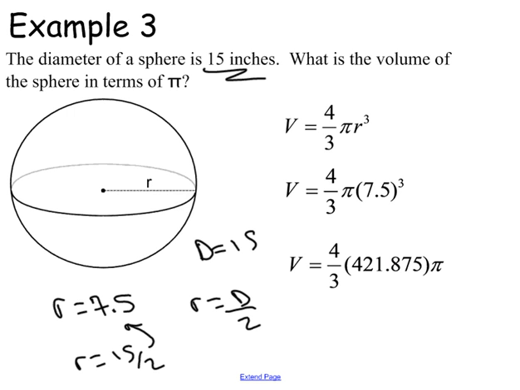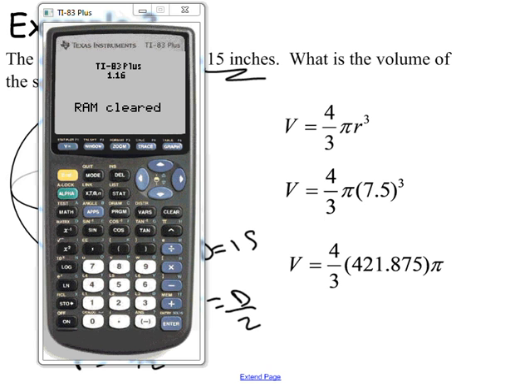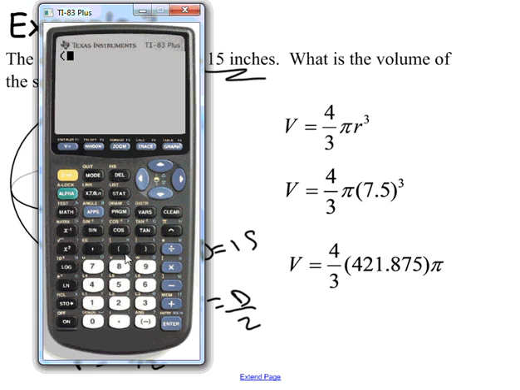Let me show you how to do that on a calculator. I didn't turn it on, it's on now. So you're going to write 4/3 inside of parentheses as a division, and then you're just going to write 421.875, and you get 562.5